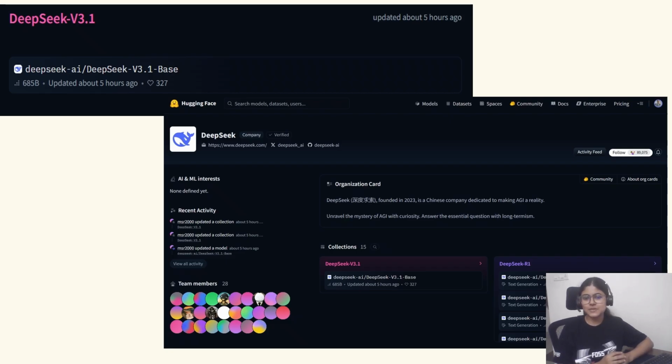Just a few days back they released a DeepSeek v3.1 base model on Hugging Face, and surprisingly it did not have a model card. A model card is where you have the description of the model and everything, so nothing of it was available, and within some hours I saw people downloading the model and using it. It's revolutionary that people just take the open weights model and start training upon it for their use cases.